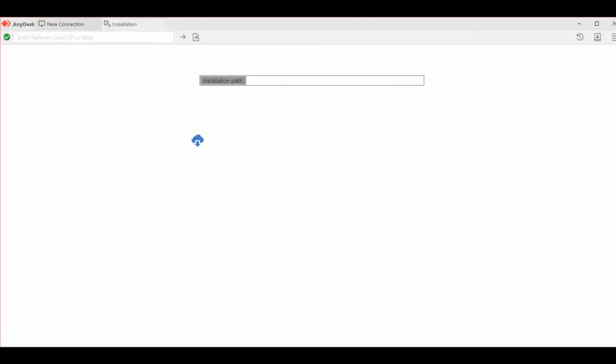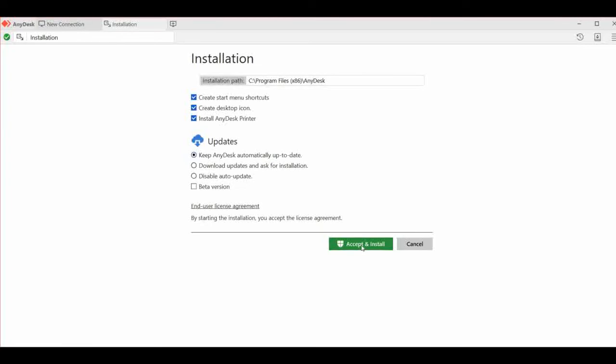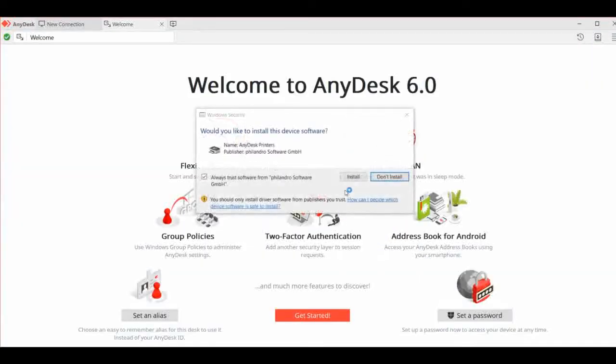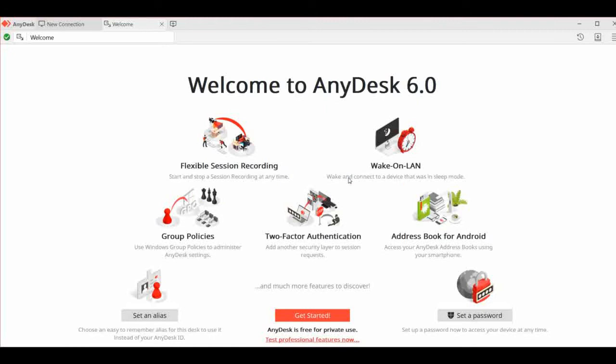So we'll click on install here, and click on accept and install. It will ask yes or no; you click on accept. The main thing you need to do here is set a password.